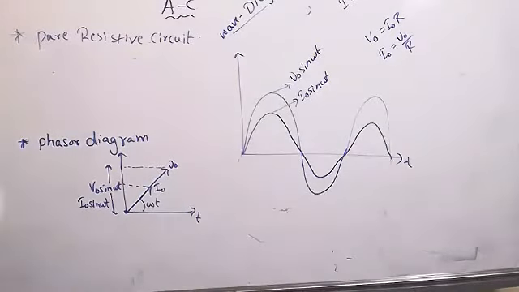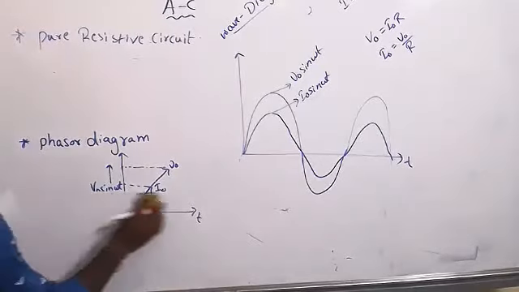What is the phase difference? Phase of V minus phase of I. Phase means you understand, right? That omega t is nothing but phase. Means angle, theta, okay? It is the first one.